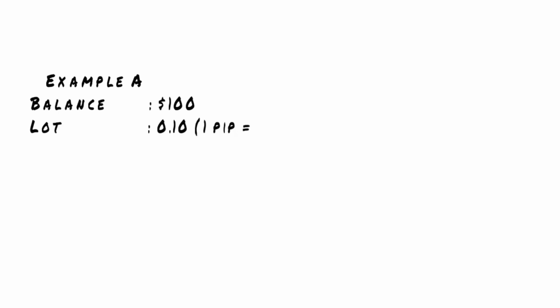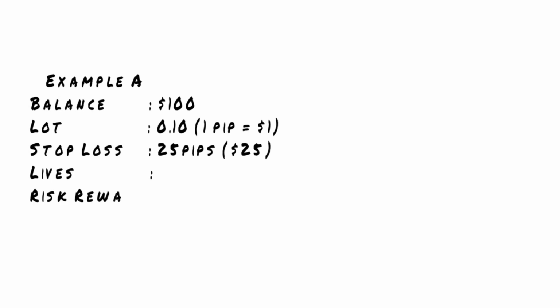Say for example, you're an account owner with a $100 balance, you're trading on EUR/USD and 0.10 standard lot trading size on every new opening trade, which means each pip move costs or profits $1, ignoring the facts about spreads, margin, overnight fees and all sorts of hidden charges. Your stop is fixed at 25 pips or $25.